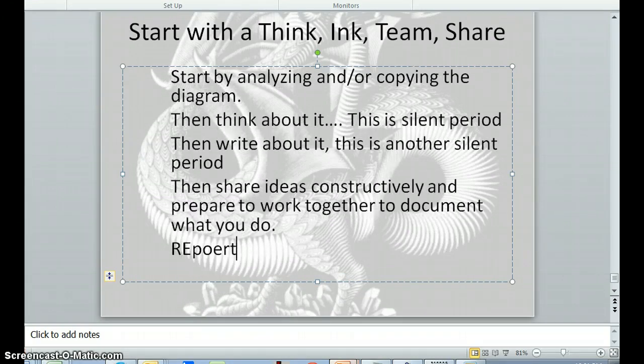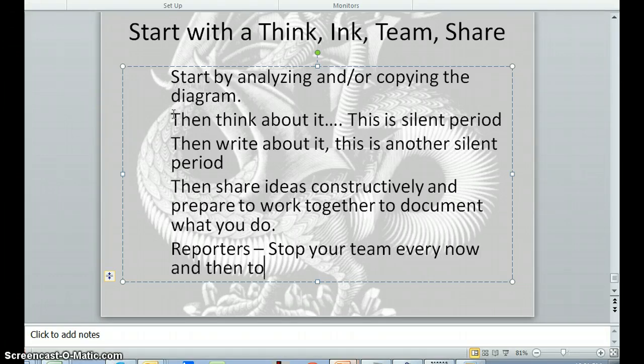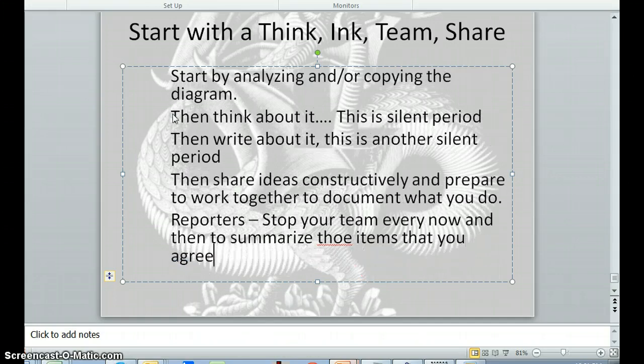So reporters, stop your team every now and again to summarize. It would be silly to write down everything everybody says, but you can summarize those items that you agree on. And everybody on the team should give the reporter time to do that so that they can be part of the thinking, they can be part